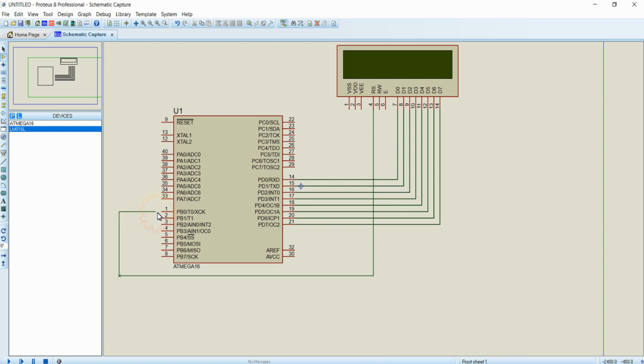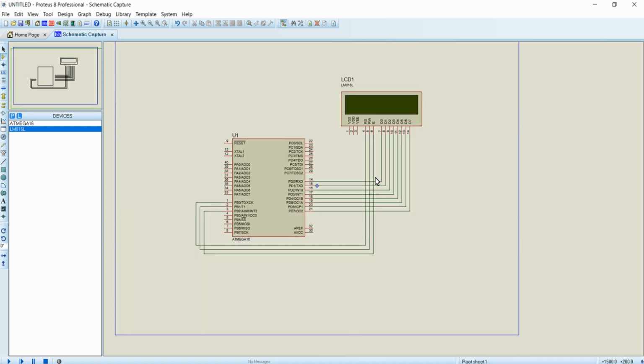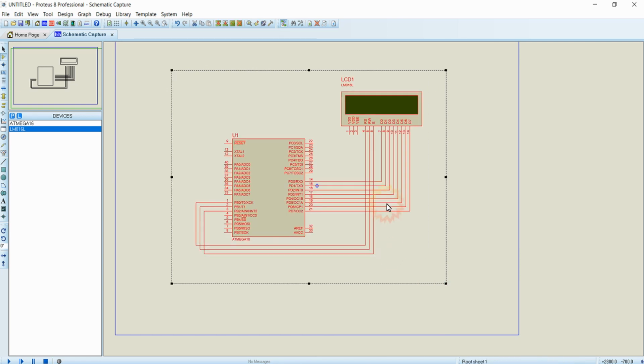I'm going to connect PB0 to RS, PB1 to RW, and I'm connecting the enable pin of the LCD to PB2. And that's it about the circuit connections, and this is the circuit for simulation.